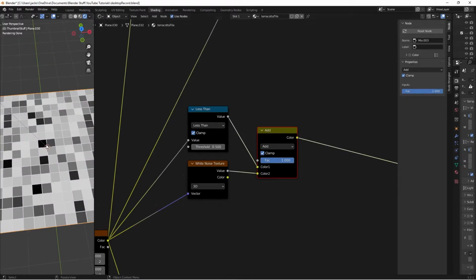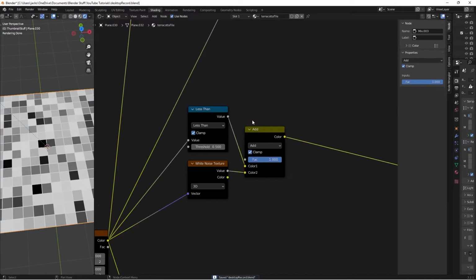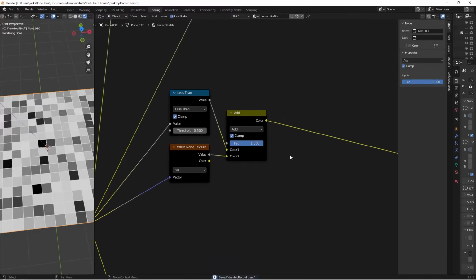And what this is doing is it's giving us a mask essentially for how much detail and roughness we want to be affecting certain tiles. So each tile will be individually affected by the roughness in a different way, is what we're doing here. Anyways, with that sort of explained, I guess,